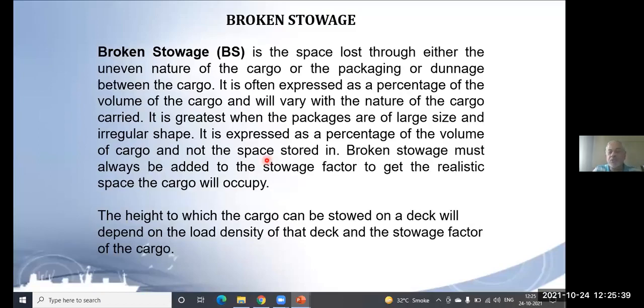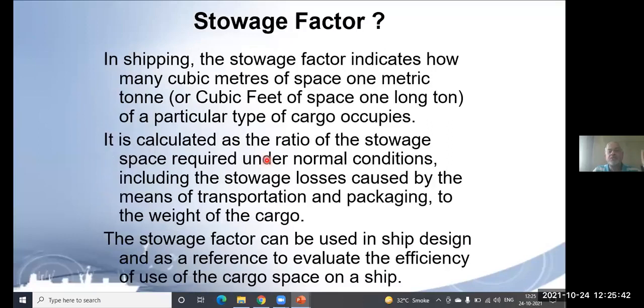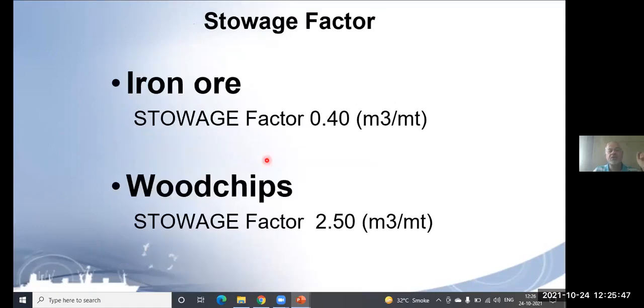So this also becomes very important. Now let us see further. So stowage factor is given here, the calculated ratio. The dunnage is also calculated, because that is also wasted space, and dunnage goes with whichever cargo you are loading. It is not uniform. Suppose you are loading iron ore, no dunnage is required. But if you are loading bags, then dunnage is required. So that is also lost space.